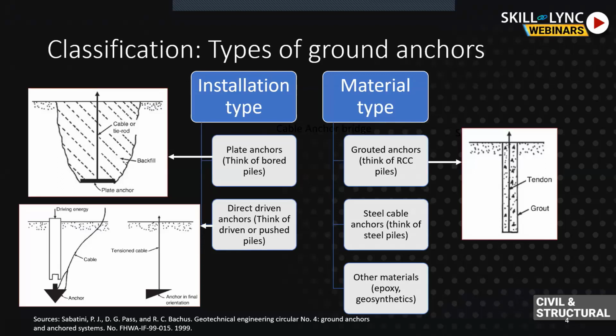What we do in anchors is that we have a tendon, which is generally made of some kind of metal or some tension bearing material, and that tension bearing material is surrounded by some kind of grout, which provides frictional resistance. That's how we apply different materials in the anchor. So in simple grouted anchors, we have a steel tendon, and we apply grout around it, as you can see here, so that it has some frictional resistance when we apply some kind of pull out force. This is a grouted anchor.